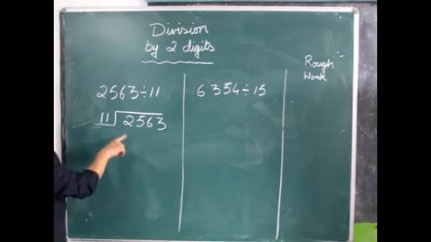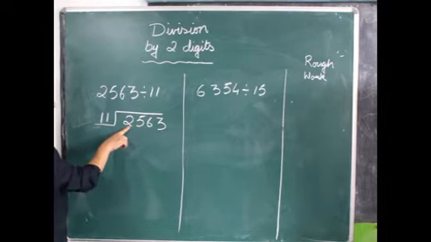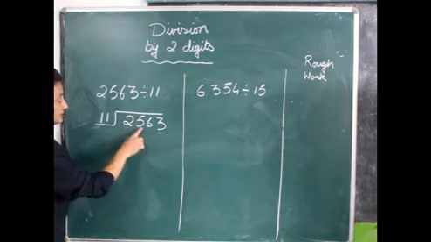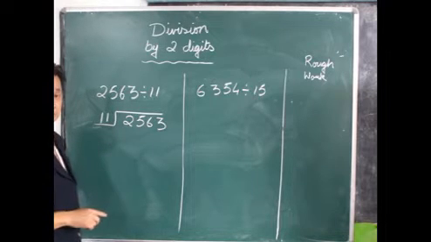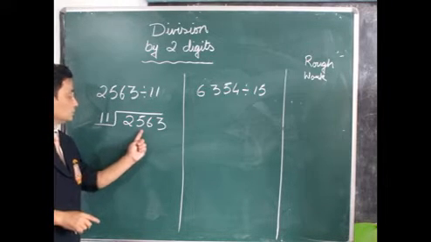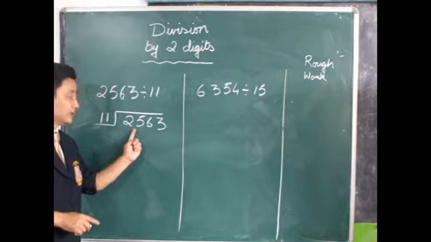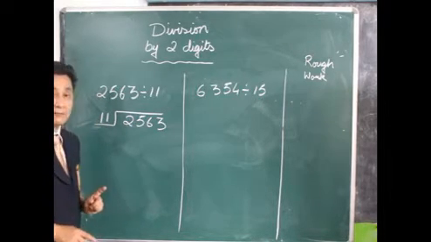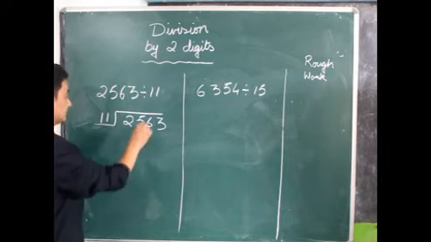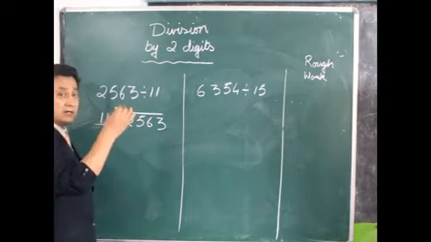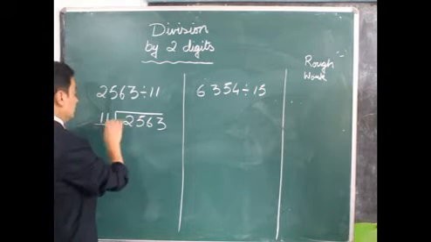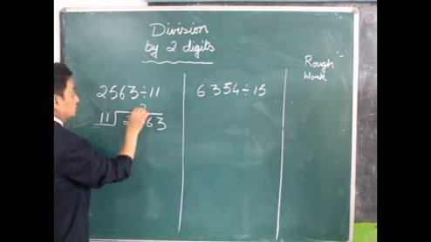Let me again start. We have 2. 11 will not go into 2, so we have to take another digit. So 2 digits. Now we can divide 25 by 11. 11 goes into 25 how many times? 2 times. Because 11 threes are 33, it's too big. 11 ones are 11, it's too small. So 11 twos are